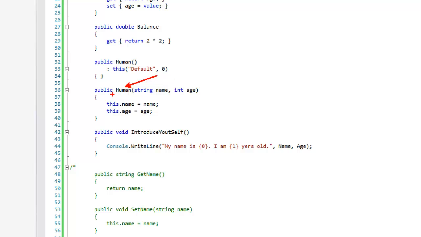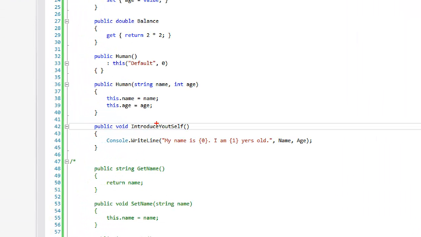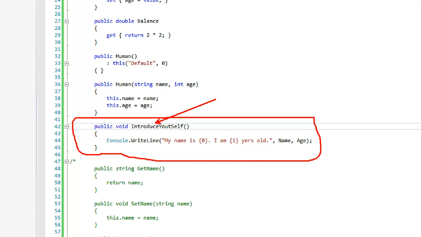It is a pseudo method because it doesn't have a return value, could have parameters, and its name is exactly the same as the name of the class. So this is the fifth element, and the last element is the method. It's a function defined in the body of the class, and it represents its behavior.